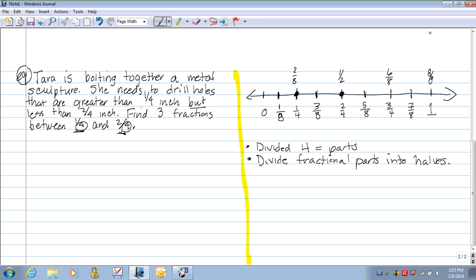Push pause. Let's take a look back at our two fractions that they want to know about. They want three fractions between 1/4 and 2/4. When I look at how many fractions we have so far, I only see one, and that's 3/8. So again, we are going to divide our fractional parts